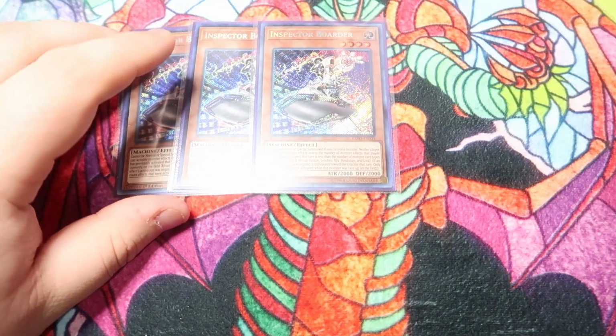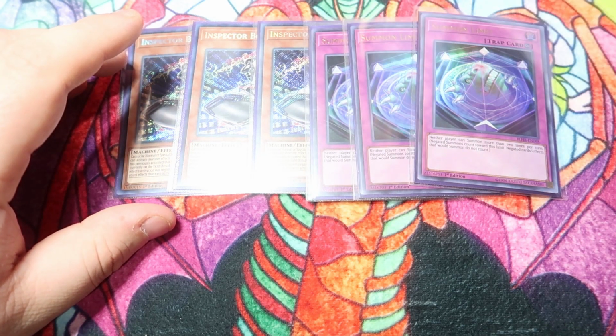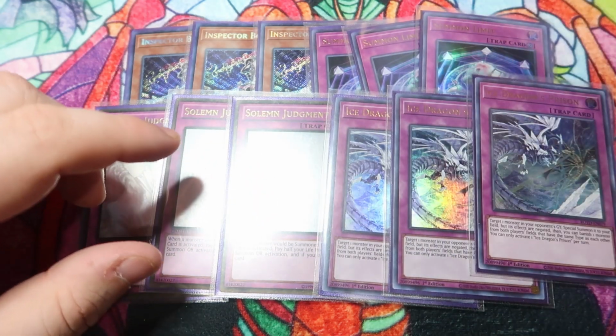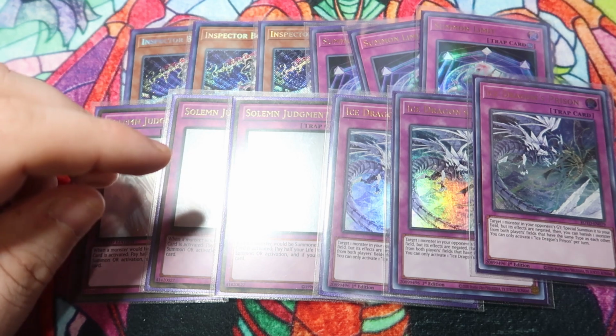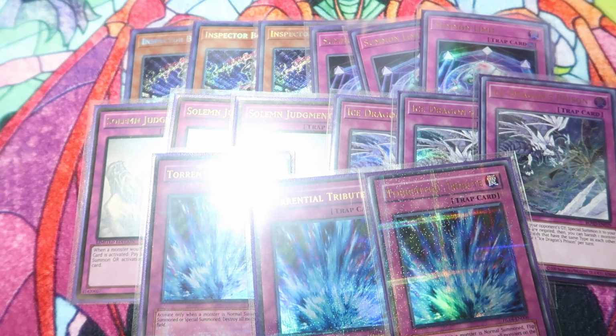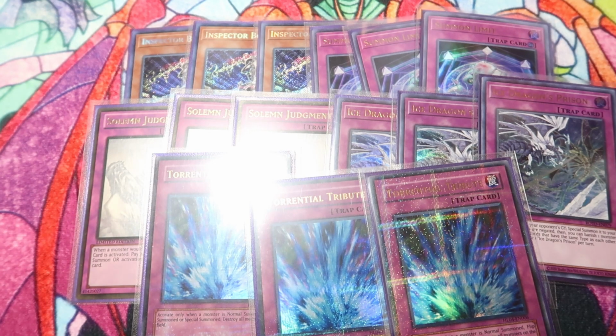But moving on to my side deck, I played 3 Inspector Border, 3 Summon Limit, 3 Solemn Judgment, 3 Ice Dragon's Prison, and 3 Torrential Tribute. The reason I did this is because this deck cannot go first. There's no cards in it that are good going first, other than potentially the dangers setting up Zeraboros with Gizmek Engrave. That's kind of the best going first board that this deck can do, and that's not even consistently